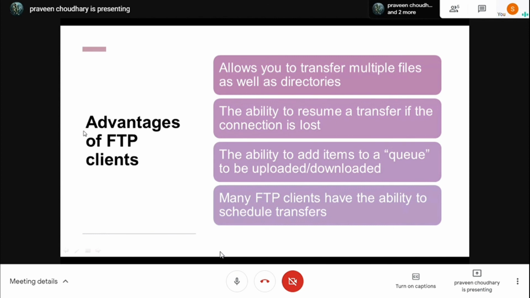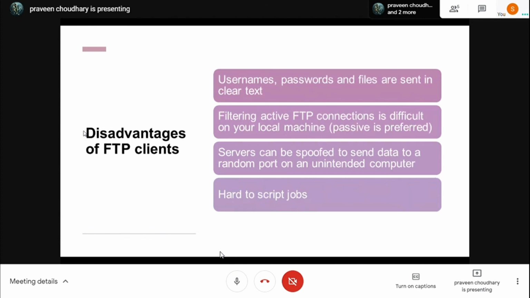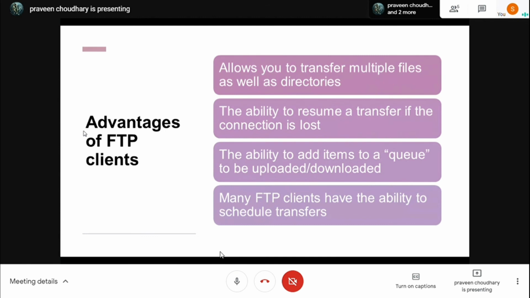No size limitation on single transfers; browsers only allow up to 2 GB. Many clients have scripting capabilities through the command line. Most clients have a synchronize utility. Faster transfer than HTTP. Supported on almost all hosts.